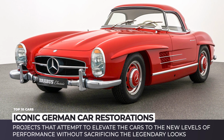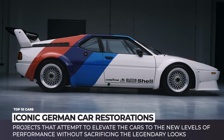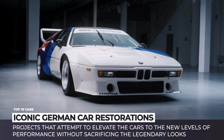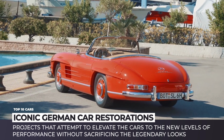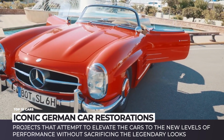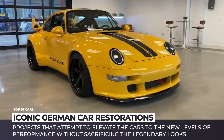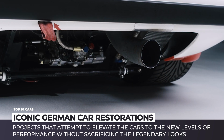Germany is the cradle of the first reliable gasoline engine, a piece of technology that gave rise to automaking and allowed humanity to reshape the planet in its entirety. To commemorate the input of car manufacturers from this country, we would like to revisit their most iconic models and review those restoration projects that attempt to elevate the legends to the new levels of performance without sacrificing the classic